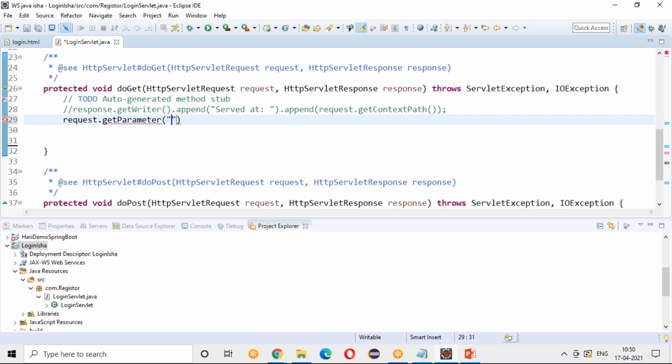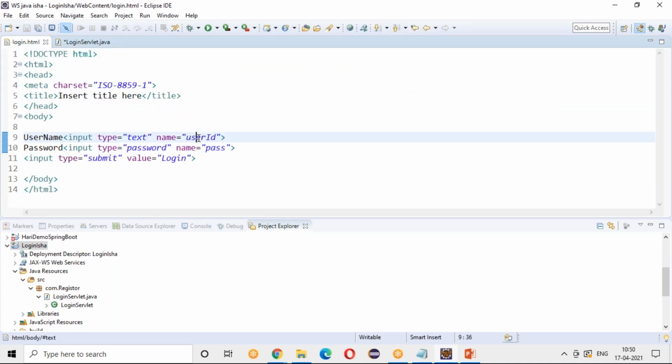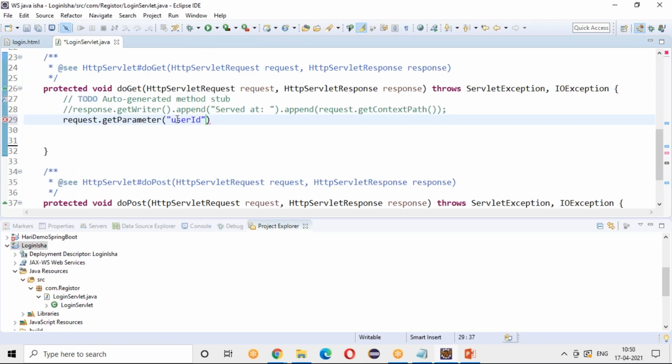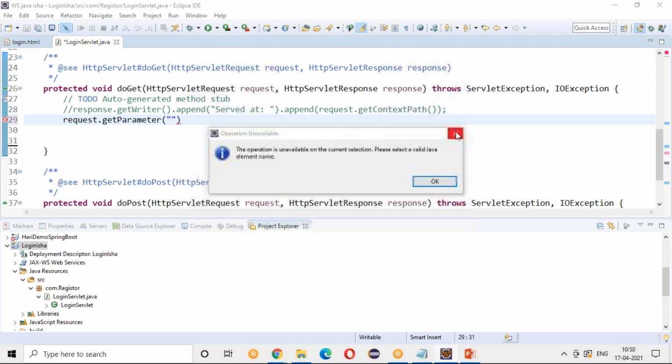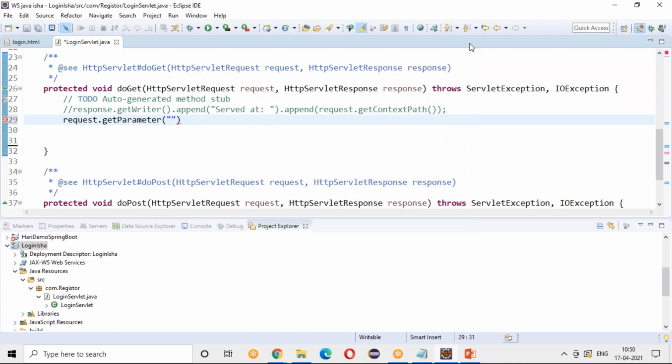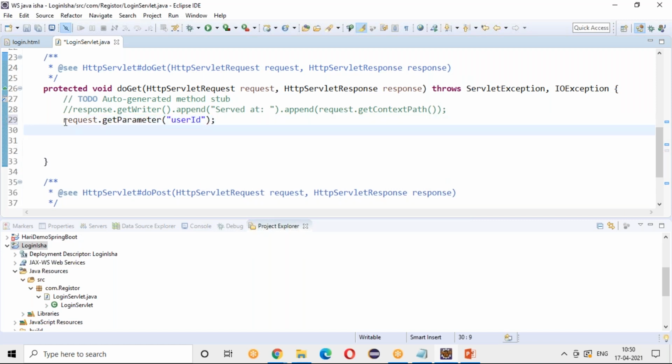So here I should be passing the user ID, which is nothing but what I have given in my HTML page, right? This is nothing but the ID. It will give me the username.